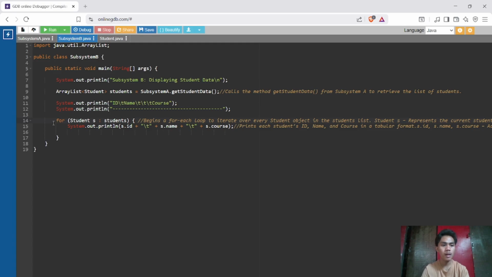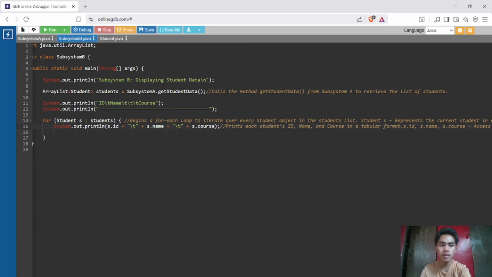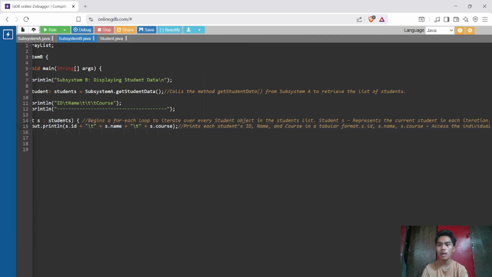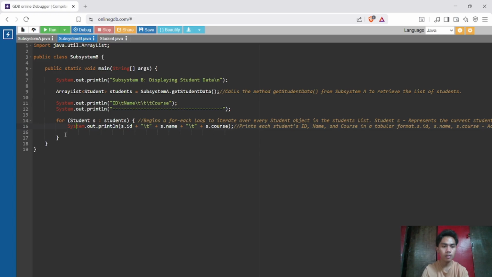In line 14, we use a for loop to iterate over every student object in the student list. The student s represents the current student in each iteration. In line 15, System.out.print prints each student's ID, name, and course in a tabular format.